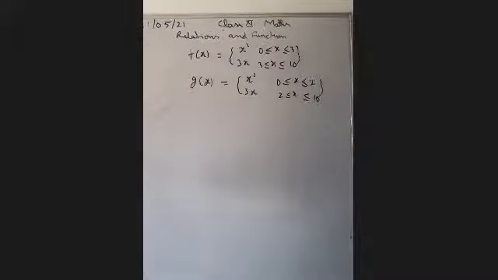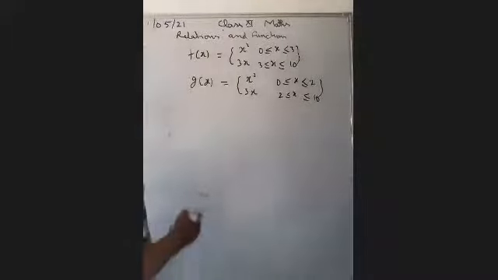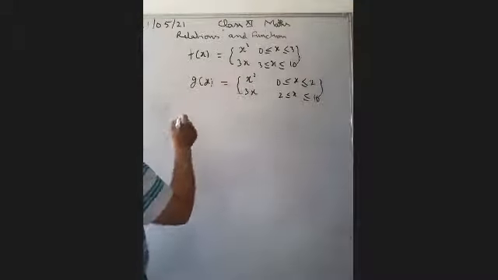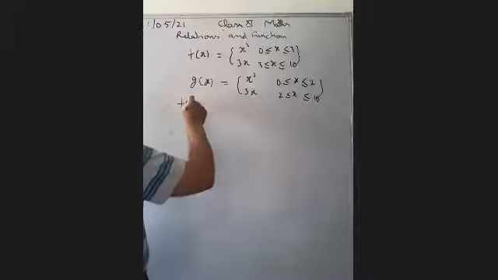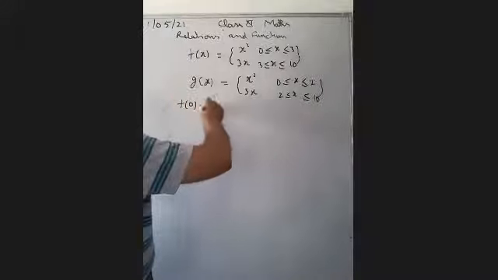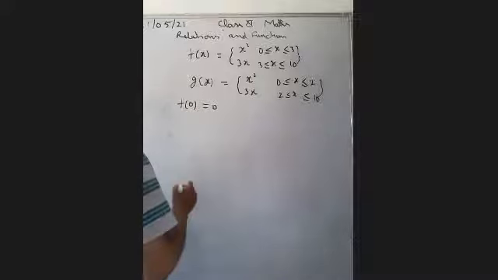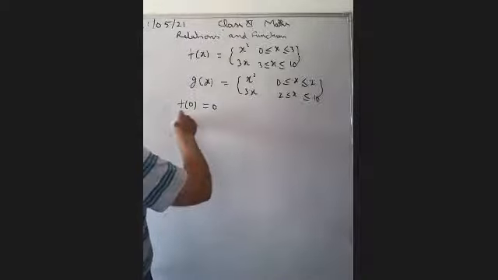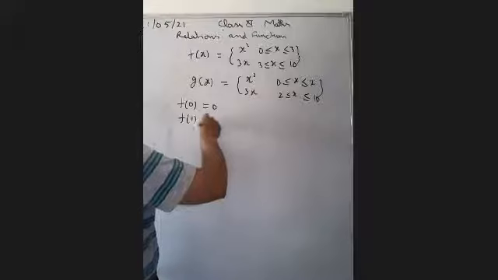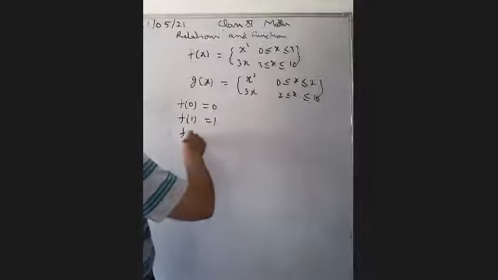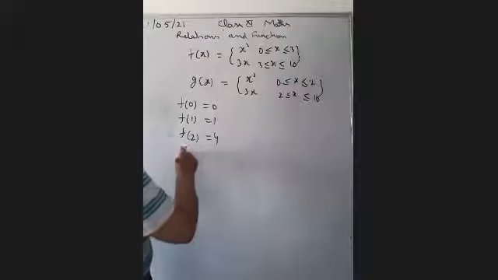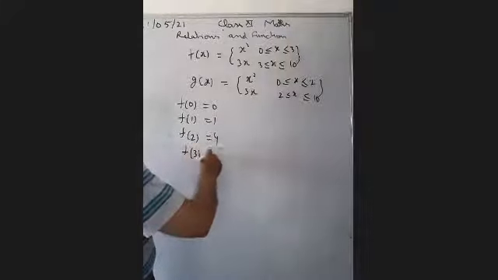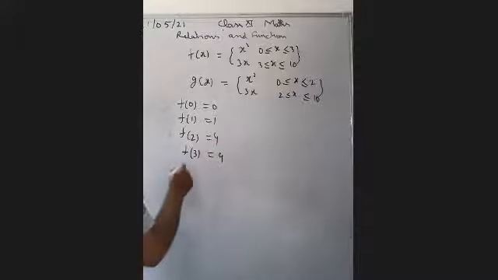Okay. So we are trying to find the value of different terms. If you observe, f(0) is equal to 0. If we find the value of f(1), you will get the value 1. If you find the value of f(2), you get the value 4. If we put x is 3, then it is equal to 9. If we put x is equal to 4, we get 16.